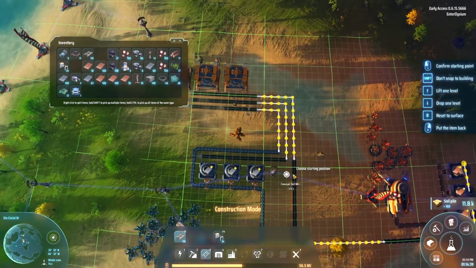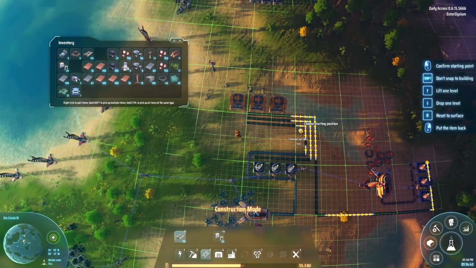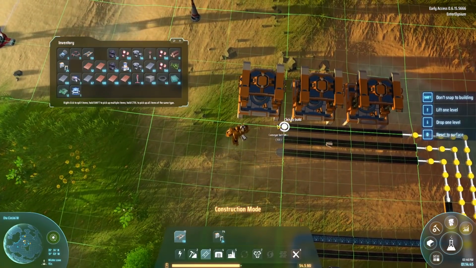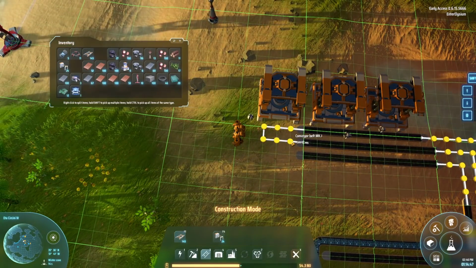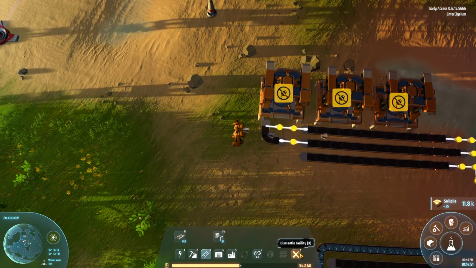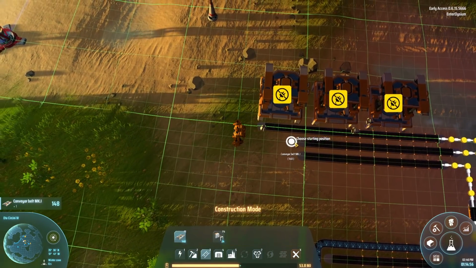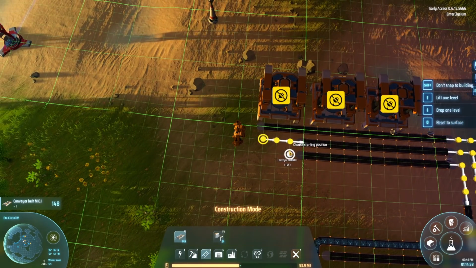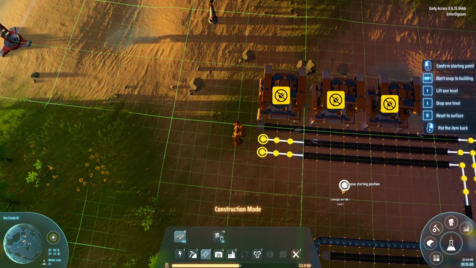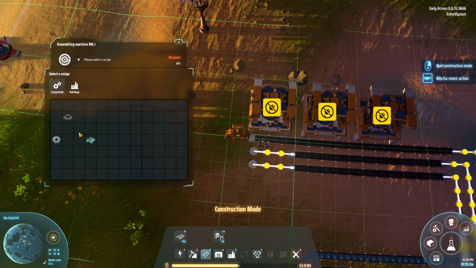Which belt is which? So this outside belt is copper. Doesn't matter. We'll work this out. Just extend them. No! There we go. Still getting used to the belt system. There we go. And there we go. Okay, we would like you to produce...